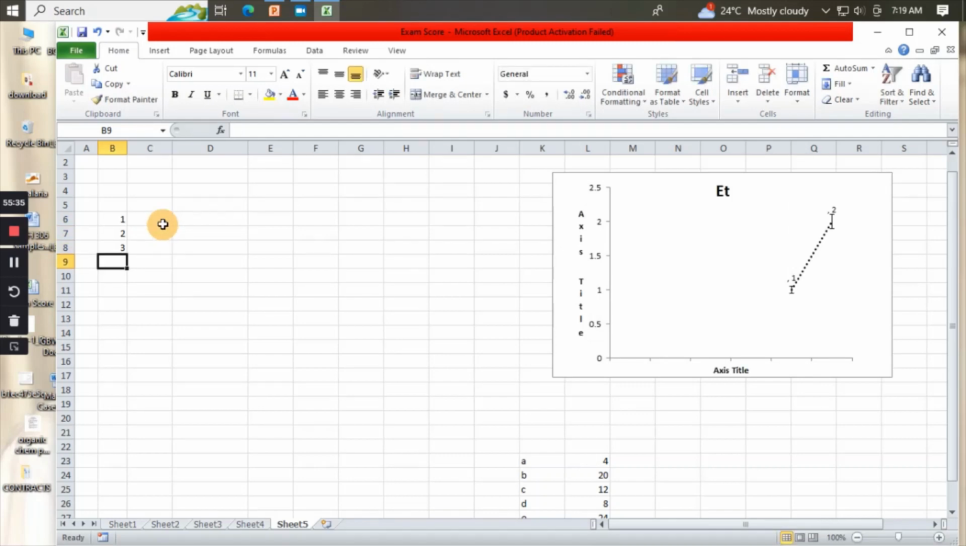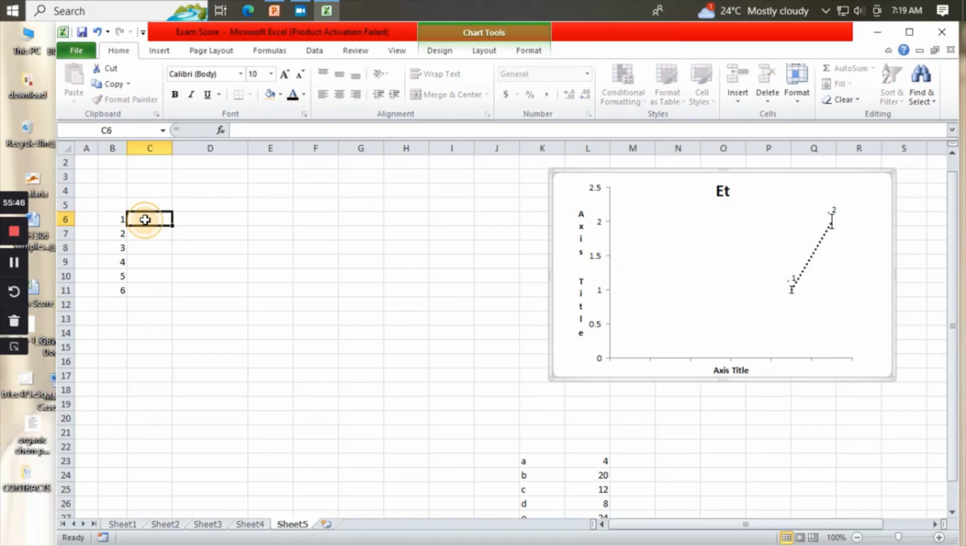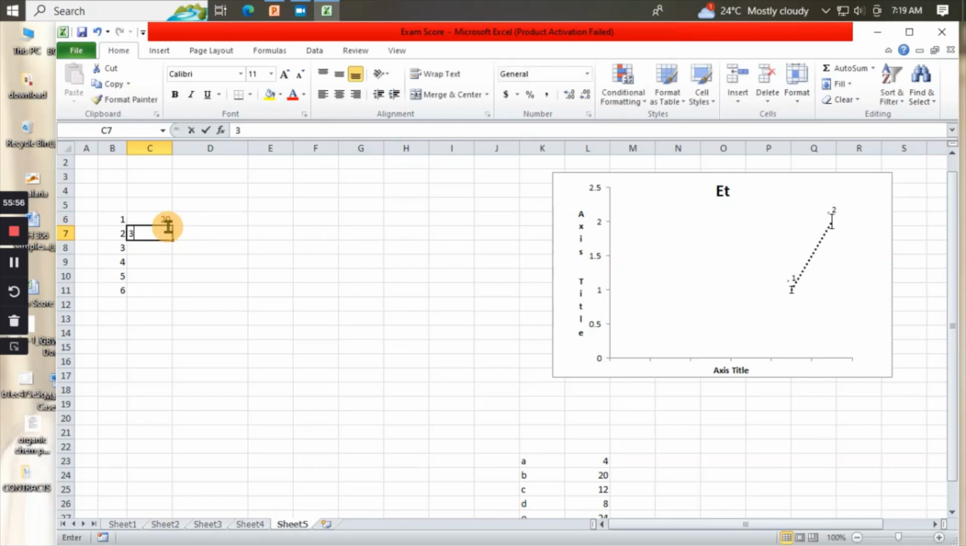3, 4, 5, 6. Then let's see here the distance, and this is the time. The time is, let's say, 20 seconds, 30 seconds, 40 seconds, 50 seconds, 60 seconds,